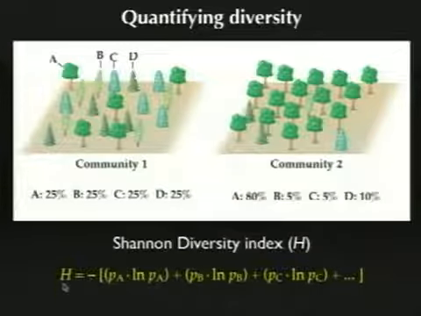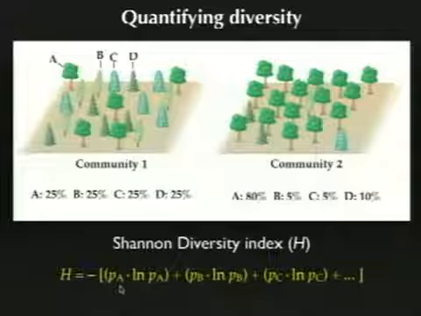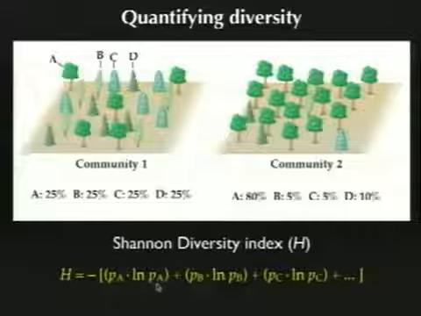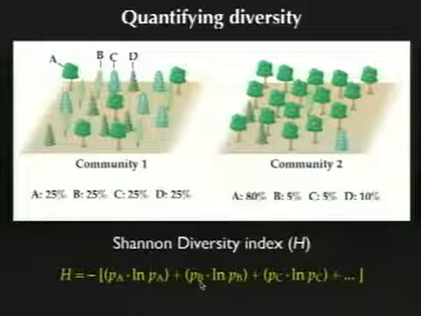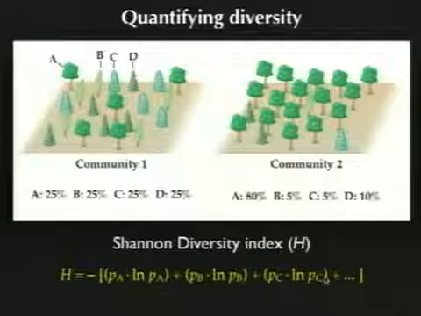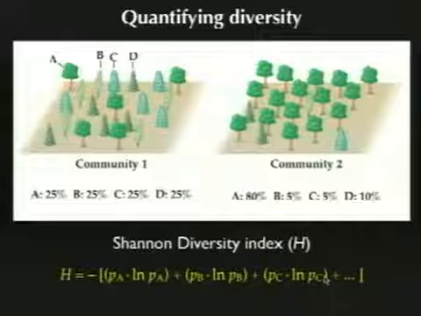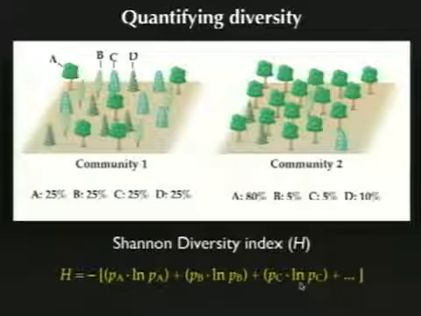Shannon Diversity Index, just represented by the capital H here. It's an equation that relies on the proportional representation of species A multiplied by the natural log of that proportion, plus the proportional representation of B times the natural log of the proportion of B, and so forth, for as many species as you have. So please just punch it into your calculator on your own time and compute the Shannon Diversity Index for these two communities. See what it comes out as. You'll just have to figure out how to do the natural log on your calculator.